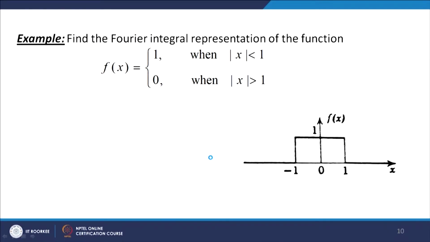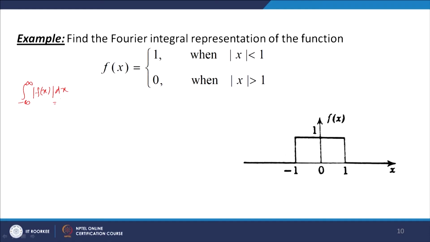Let us find the Fourier integral representation of the function f(x) equal to 1 when mod of x is less than 1, 0 when mod of x is greater than 1. You can see that f is piecewise continuous on every finite interval, and moreover that the integral from minus infinity to infinity of mod of f(x)